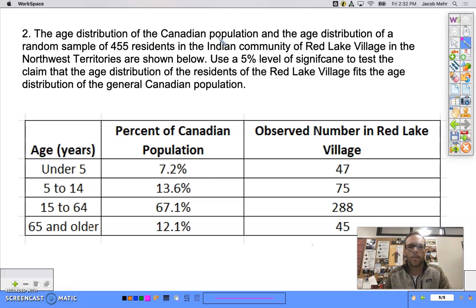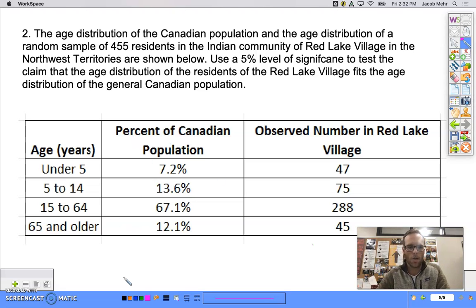Okay, we've got the age distribution of the general population in Canada. We have a random sample, that's important of course, of 455 residents in an Indian community of Red Lake Village in the Northwest Territories. So way up there in Canada. And the question is, does the distribution of ages in this Red Lake Village match the distribution of ages of